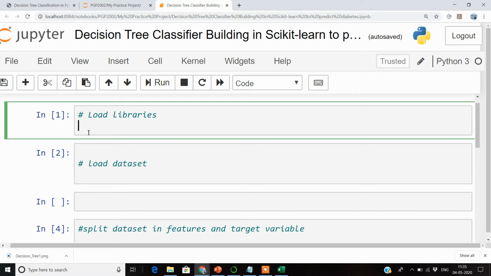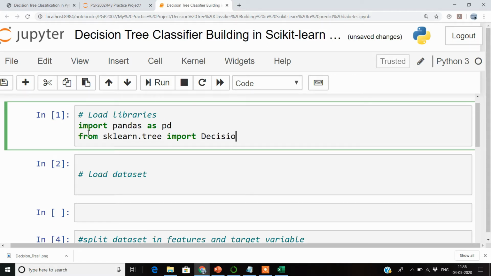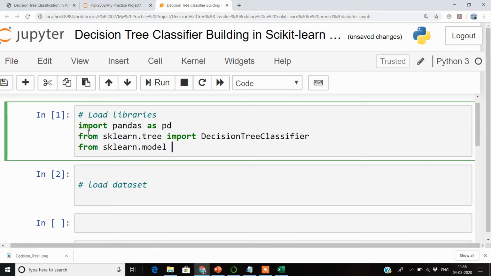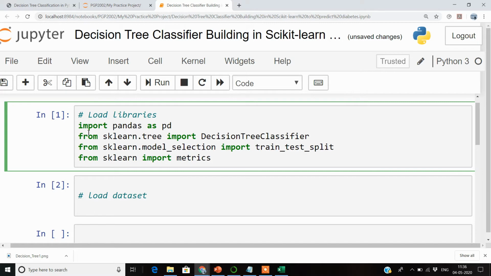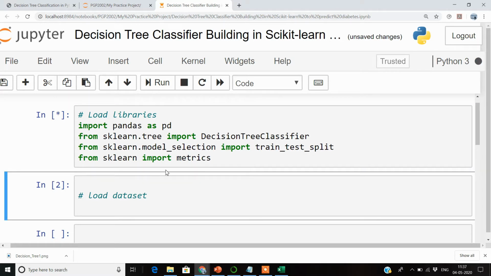I will import all these dependencies and we'll go to the next part. So all our dependencies are in.